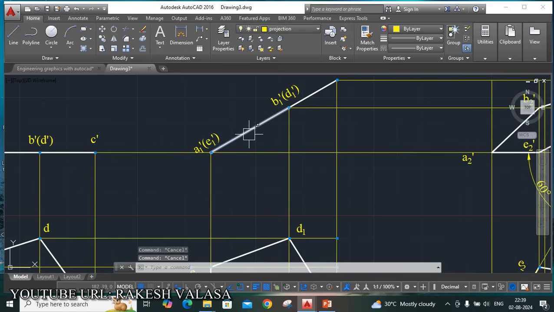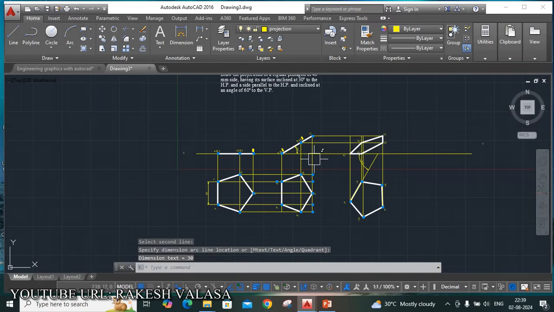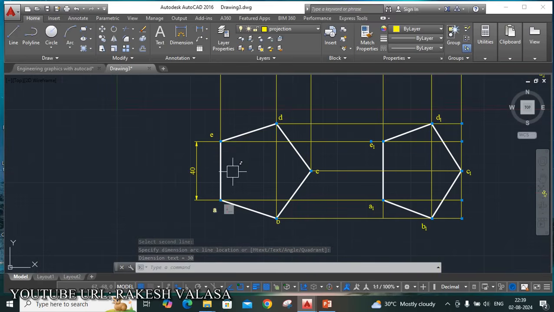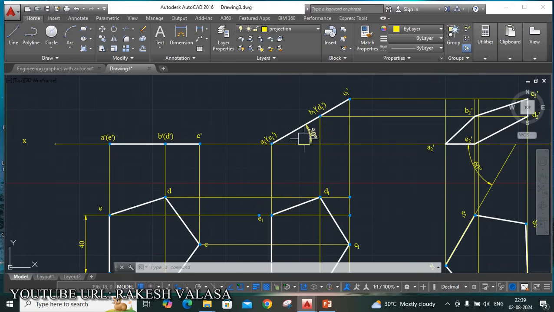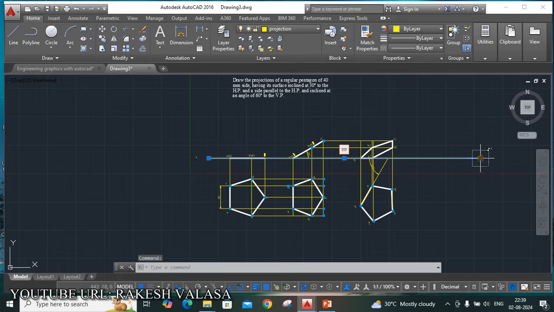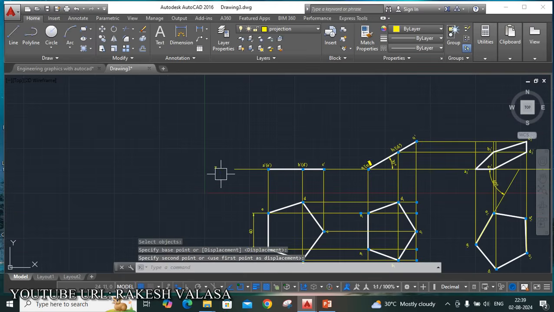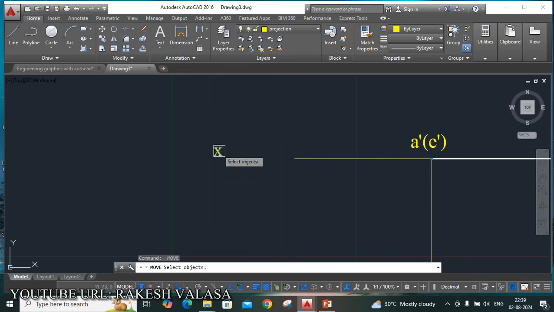You can also give the initial incline to HP angle, DAN enter. Select this one and this XY line, this is 30 degrees. Here I have given all dimensions, that is regular pentagon, edge length 40 mm, theta 30 degrees and phi 60 degrees, and also I have given the XY line. You can just move y from this to this point. Next x from this to near this line.